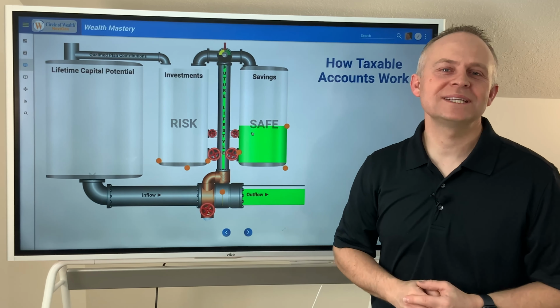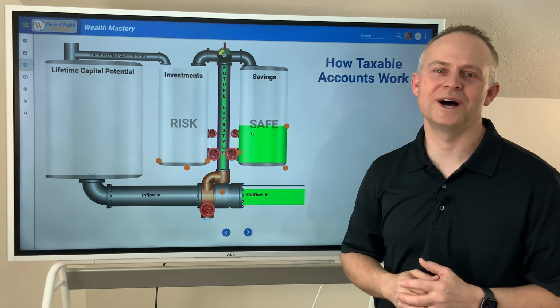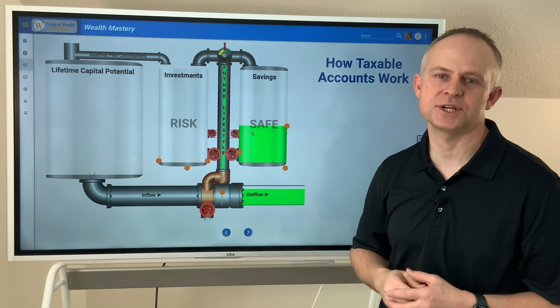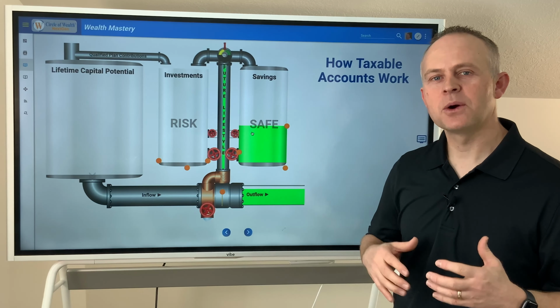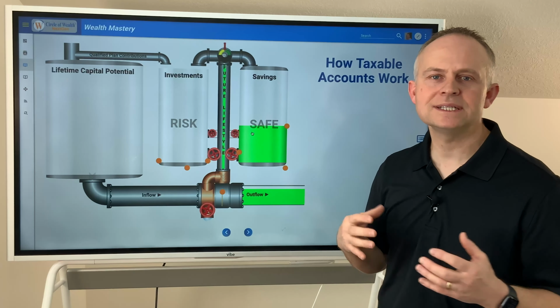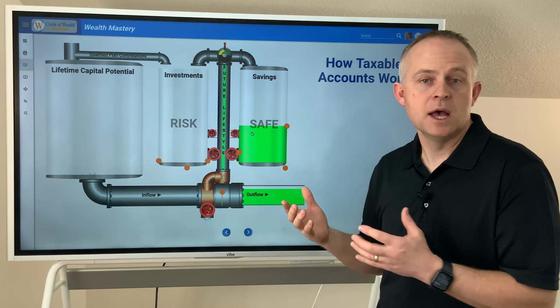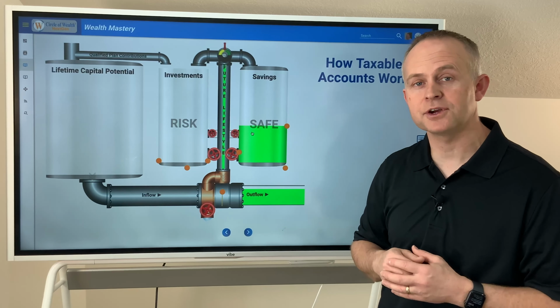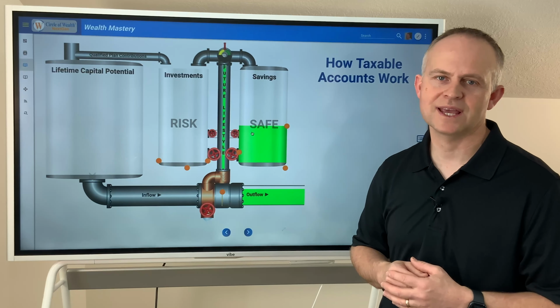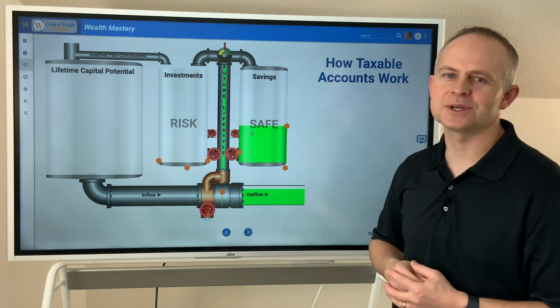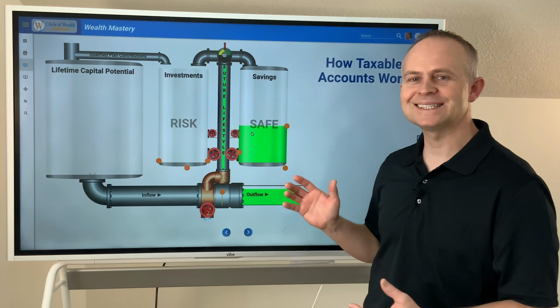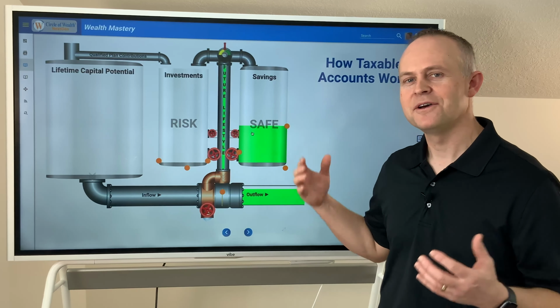Okay, in this lesson we are going to talk about Taxable Accounts 101, and we're going to continue the conversation that we had in our last lesson, and take a closer look at how these taxable accounts work. And not only if you pay the taxes out of your lifestyle, but what if you decide to pay the taxes out of your account? How does that affect your taxable accounts? So in this lesson we're going to use our personal economic model to see how these taxable accounts fit into